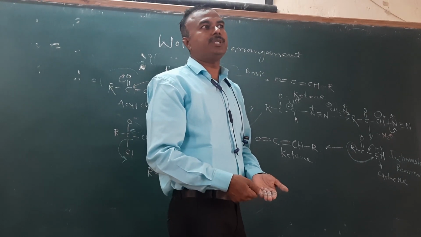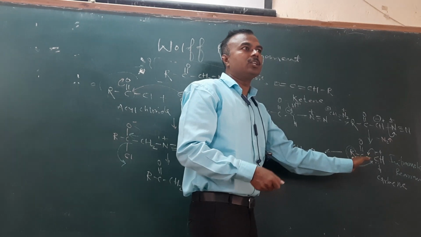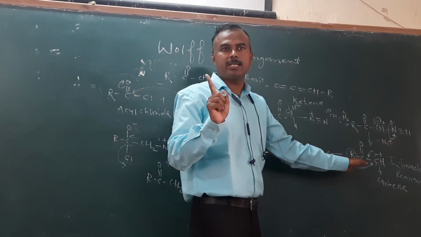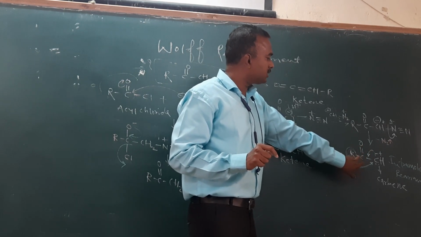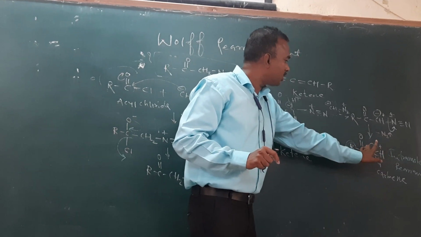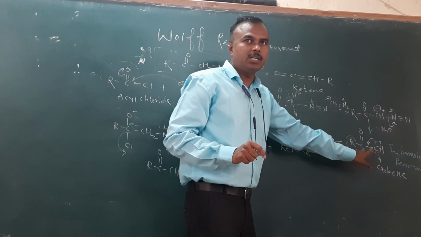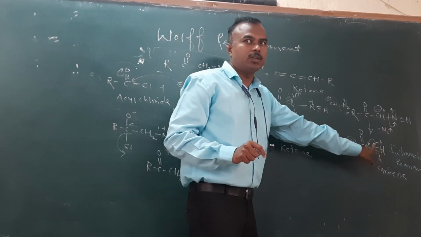There is no intermediate where a separate alkyl group with positive charge will form, not like that. This is a one-step process where the positive charge of this carbon will attack on this one electron. So the leaving group here will be the negative charge or partial. So it will attack on here. That's why